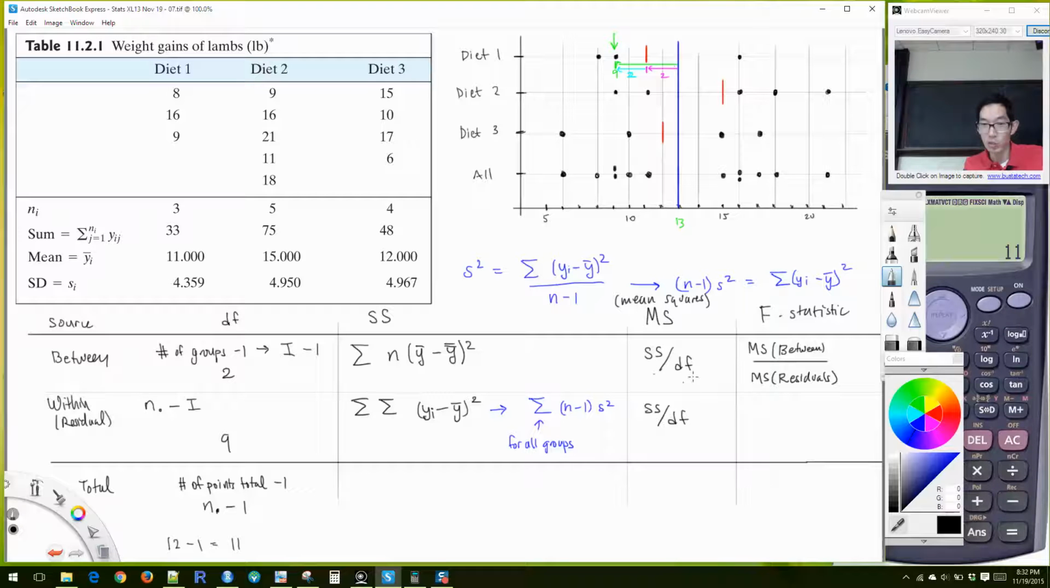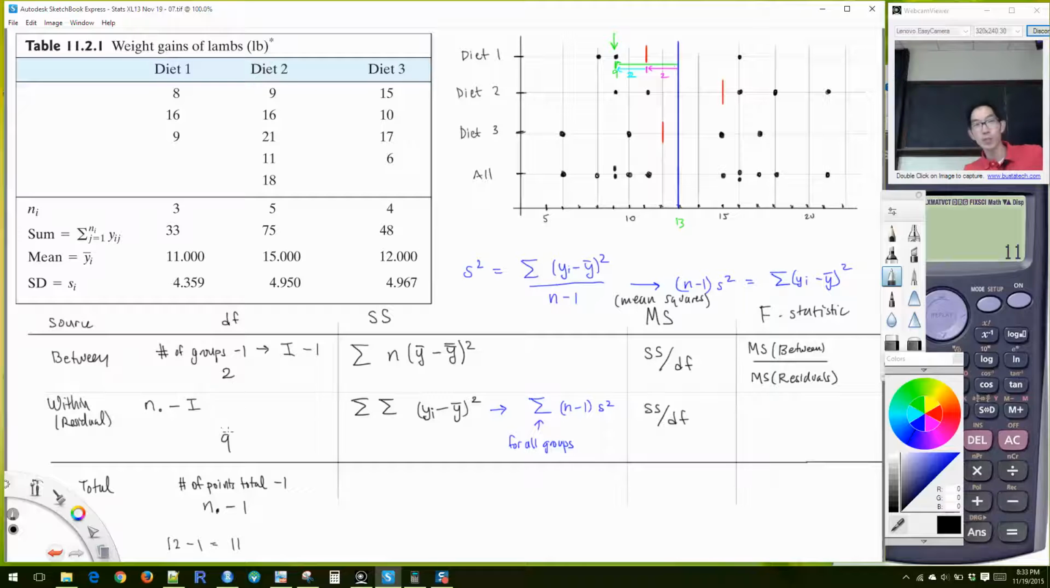kind of this mean squares value, which is the sum of squares due to that source of variation divided by its degrees of freedom, is large in relation to the mean squares, kind of the average amount of sum of squares that exists for each lamb. Okay, so